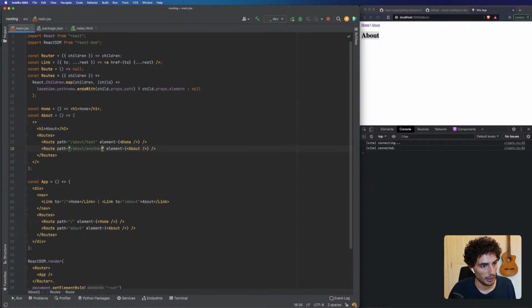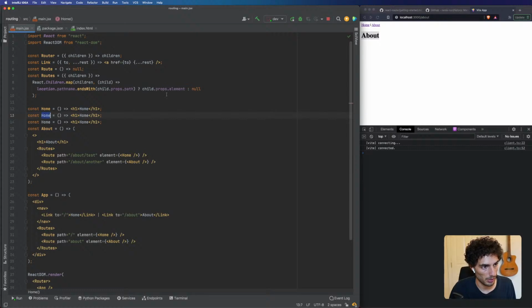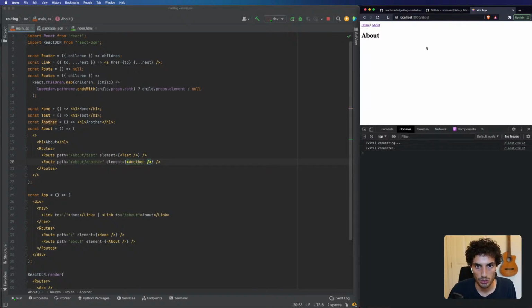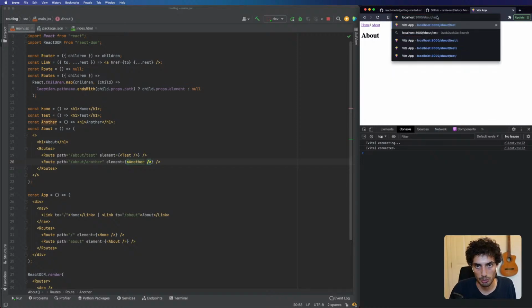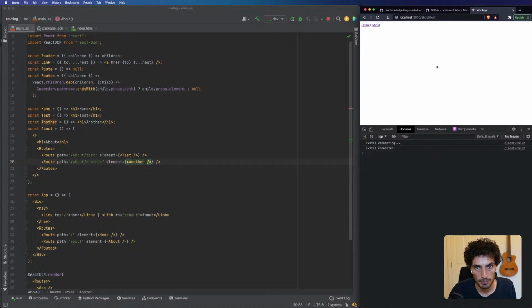Another, and let's just do, here, let's do test another, test another, and test and another. Let's see if that works. So this should in theory work. So slash about, and then if we go to slash about slash test, that does not work, and that's because